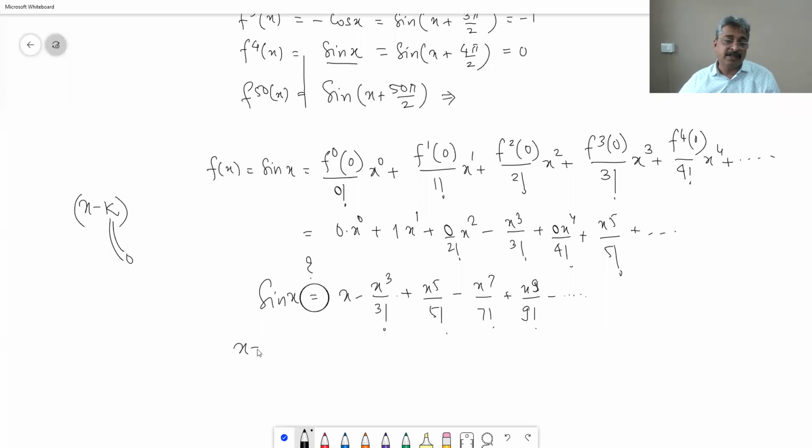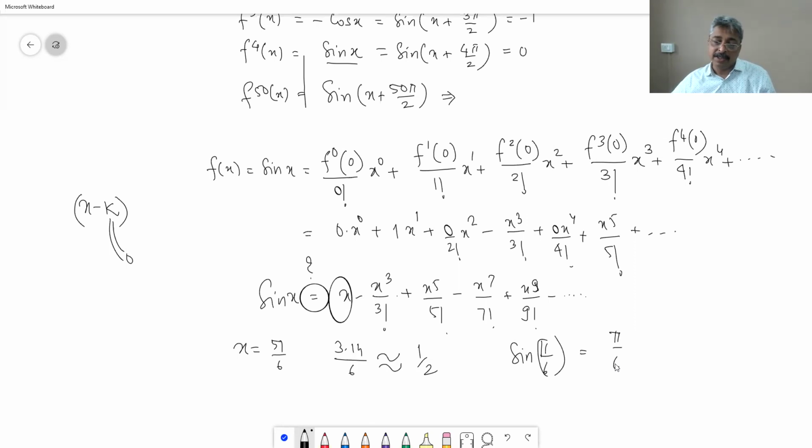If we take x is equal to pi by 6, 3.14 upon 6 is close to half. So if you are okay with only one term, still it will give you around half value. But then it is too much of approximation. So maybe what you can do is sin pi by 6, put x is equal to pi by 6. You see, this is higher side. It is greater than half. Therefore, this minus sign will take it towards a little more negative side.